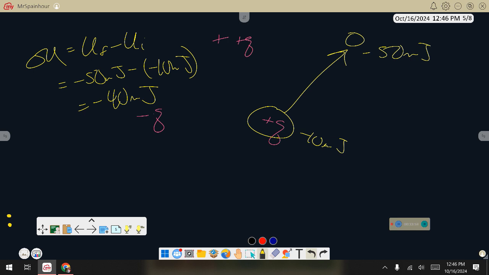Negative 40. This final is negative 50 millijoules minus the negative 10 millijoules, or negative 40 millijoules. Does that naturally happen? Yes. How much work was expended during that time? Positive 40 millijoules. What energy will that work become? Not thermal. Kinetic. It's now moving with energy that it didn't have before. Yes? Okay, so